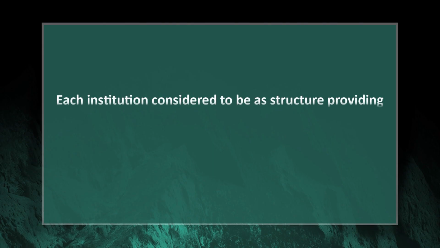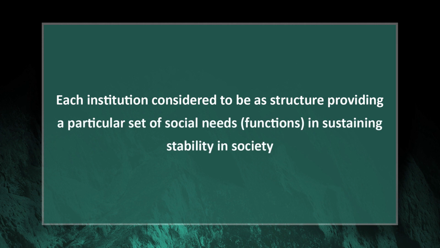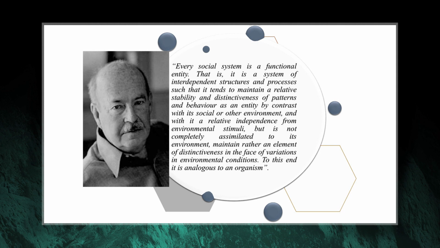Structural functionalism argues that society resembles an organism consisting of a balanced set of institutions. Each institution is considered to be a structure providing a particular set of social needs or functions in sustaining the stability in society. In explaining this characteristic, Talcott Parsons states that every social system is a functional entity, that is,